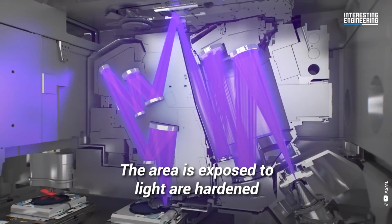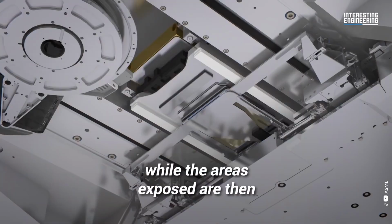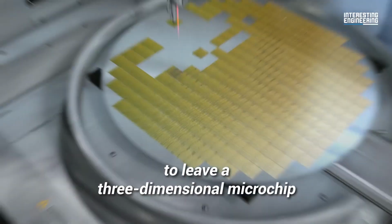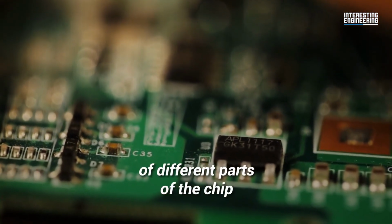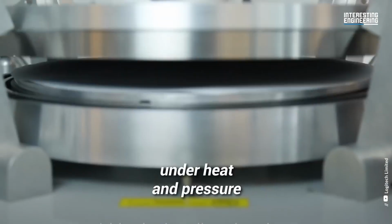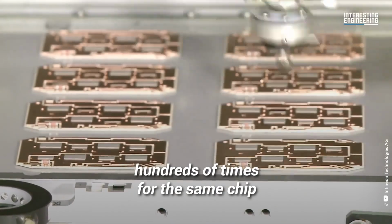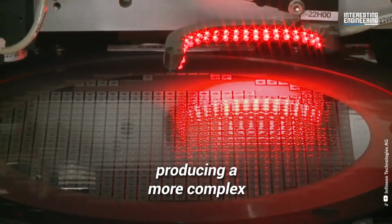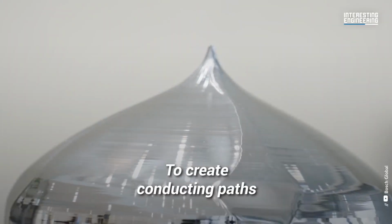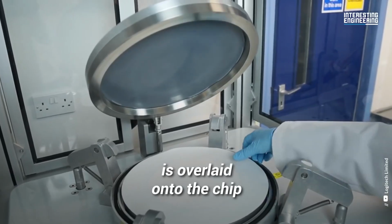chip's blueprint. The areas exposed to light are hardened, while unexposed areas are then etched away by hot gases to leave a three-dimensional microchip. The electrical conductivity of different parts of the chip can also be altered by doping them with chemicals under heat and pressure. This process can be repeated hundreds of times for the same chip, producing a more complex integrated circuit at each step. To create conducting paths between the components, a thin layer of metal, such as aluminum, is overlaid onto the